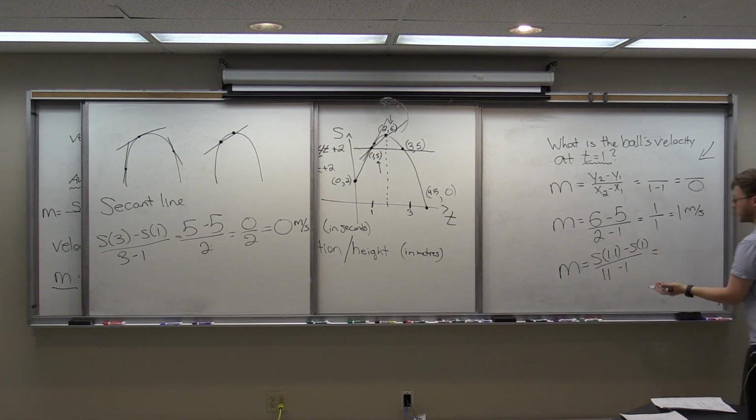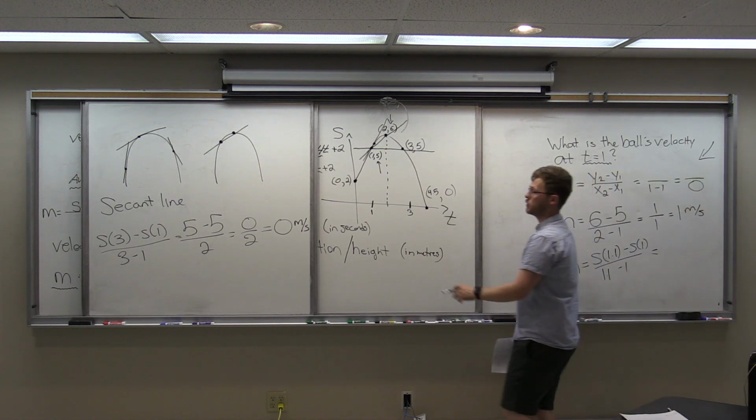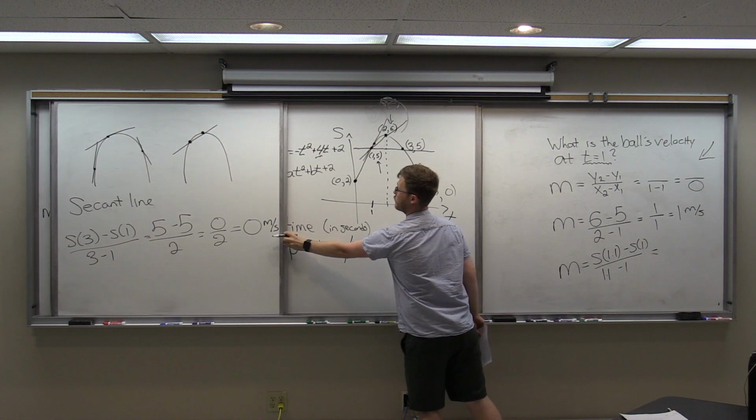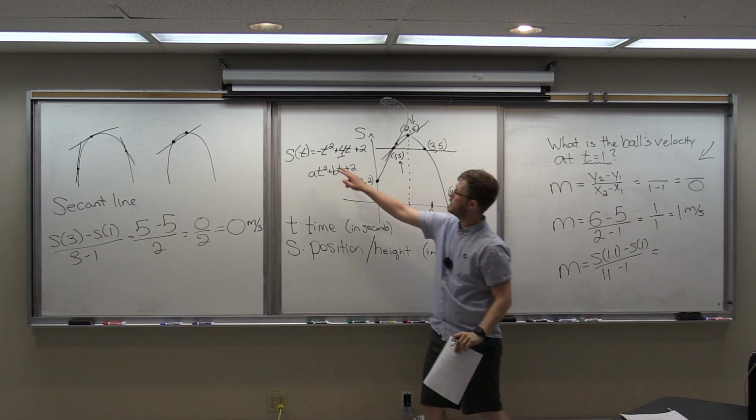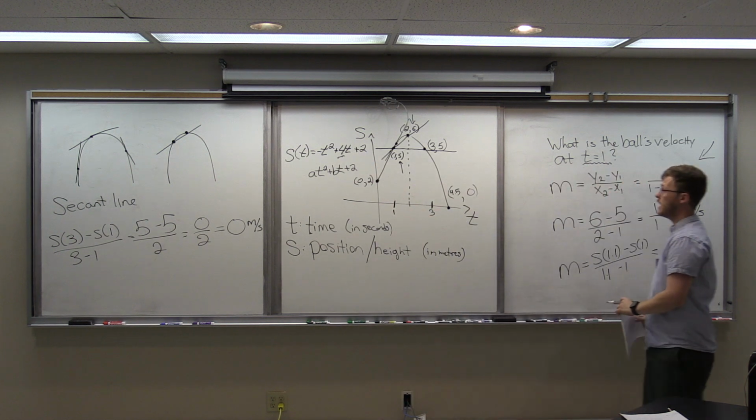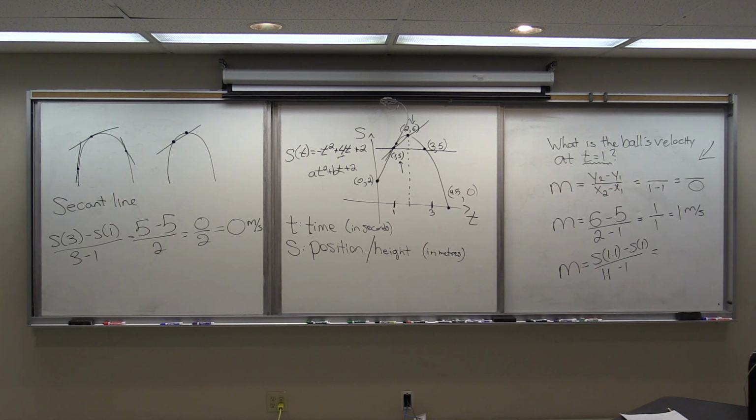So here, let's actually plug the numbers in. We need to actually do these calculations. Plugging 1.1 into this formula, I will push the board over so we can get a visual on that formula again. S of t is equal to negative t squared plus 4t plus 2. I do have to plug in that number 1.1. That's a little bit of work, and it's not something you'll be expected to do in your head. So it's negative 1.1 squared plus 4 times 1.1